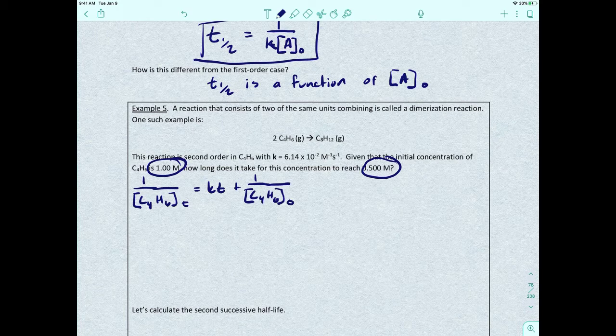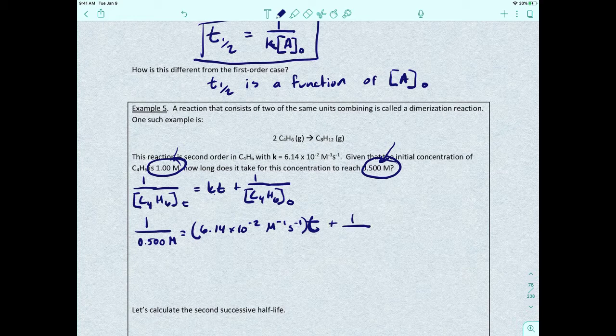Okay. Now, we know the initial concentration, we know the final concentration, we know K, we just don't know T. So we're going to pop in our values and see what we've got. So we've got 1 over 0.5 molar is equal to K, which is 6.14 times 10 to the minus second molar to the minus first second to the minus first, times T, which is what we're looking for,